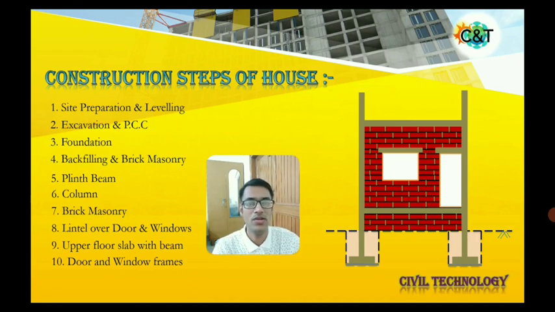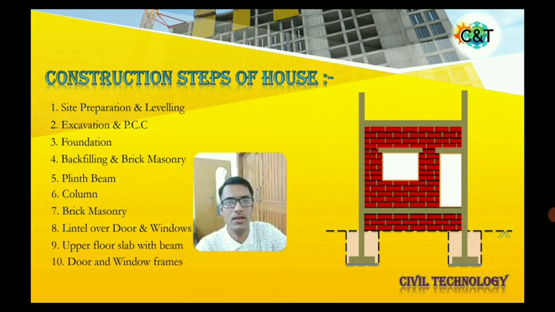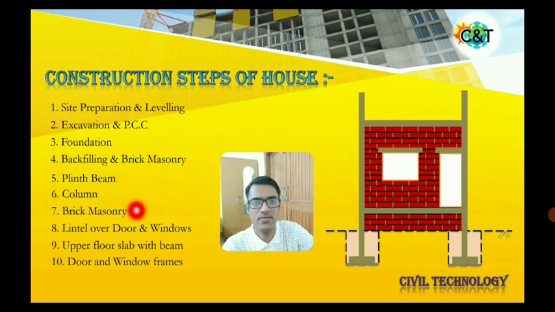Suppose you have more than one story. Okay, here I am giving an example of a single story. But suppose your house is more than one story. Then what you have to do? Your step number 5, 6, 7, 8 and 9. Okay, the 5 to 9 steps will be repeated from here onwards. The only thing is the plinth beam name changes to the next story beam, whatever story beam comes. So that comes here only. Okay. So these steps are repeated on each and every story. Here we just see a one story building, so the video will not be too long.